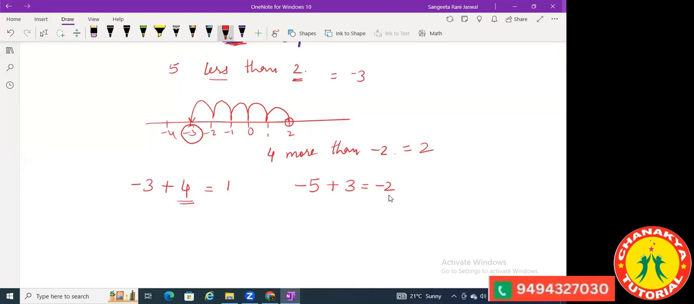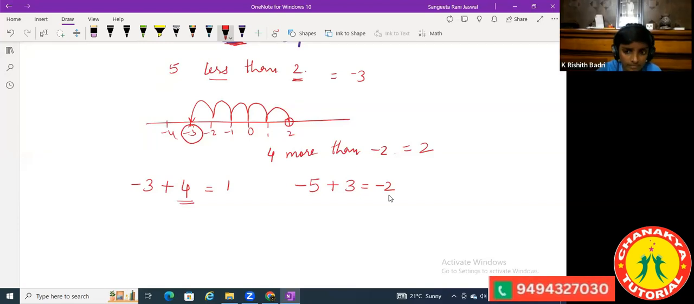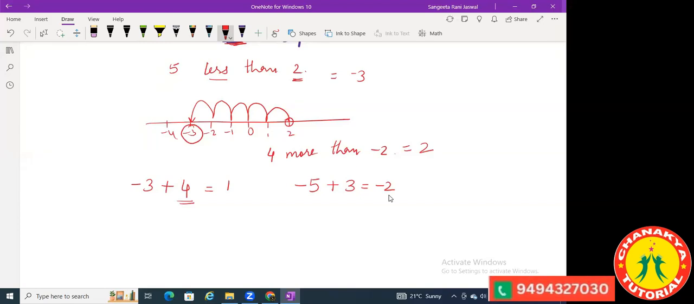If in the question you are asked to show it on the number line, then you have to show it on the number line. Although you know the answer, you have to show the number line. So sometimes it's asked like this. No matter, we'll be doing some sums without the number line also. But since this is the beginning now of this,